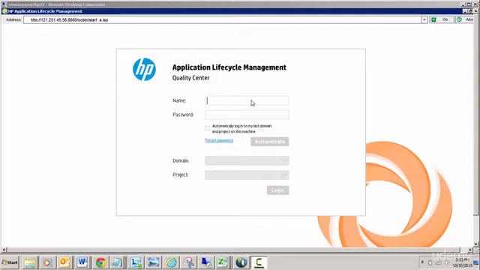So from the user's perspective, once you have your projects created and users added in your HP ALM projects, you can simply log in with your credentials and select the domain and the project. In this case, I'm going to enter the user ID, password, select the domain and the project that I already have created as a sample. And then after logging in, we'll start looking at the actual interface. So let's just log in with my credentials,